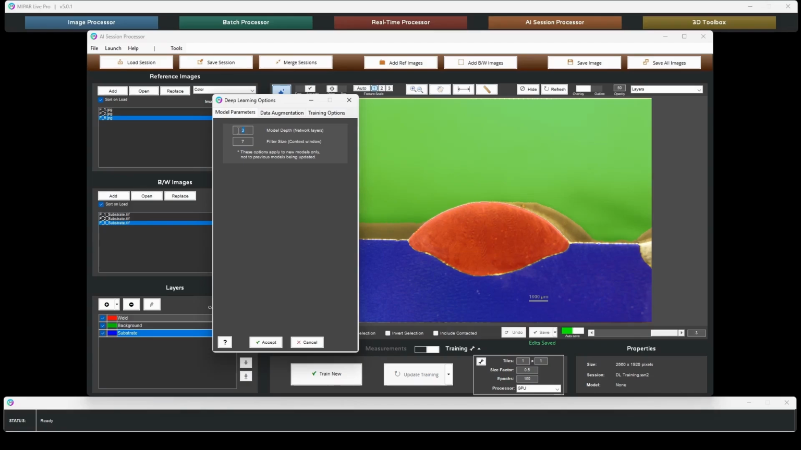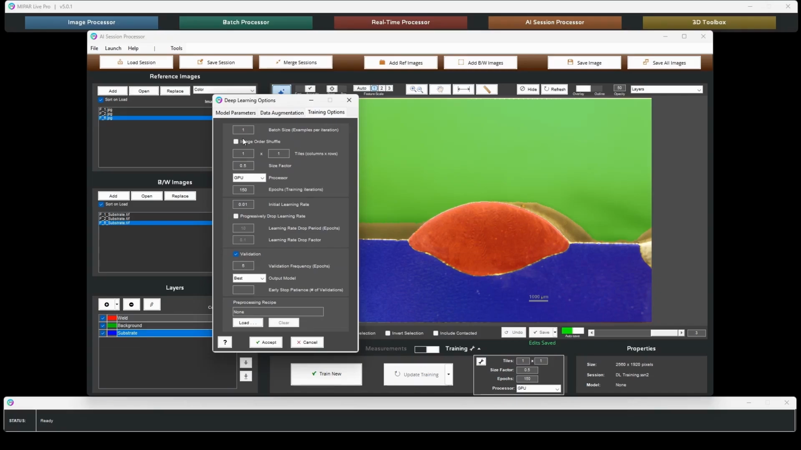And then for model depth, I needed to go up to 6 and just raise the size, raise the complexity of the model to have it learn what it needs to learn about what distinguishes these different areas from one another. I used default data augmentation parameters, and for training options, I left everything as default with validation turned on, and then I said early stop after 2 validations execute without change. So I can accept that,